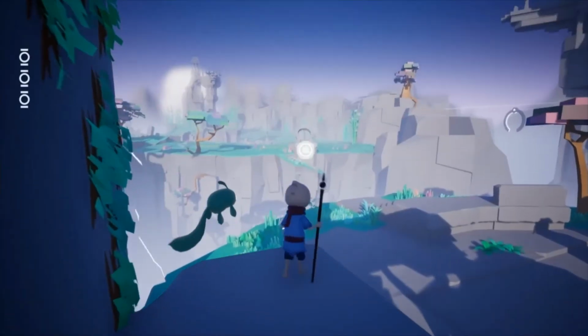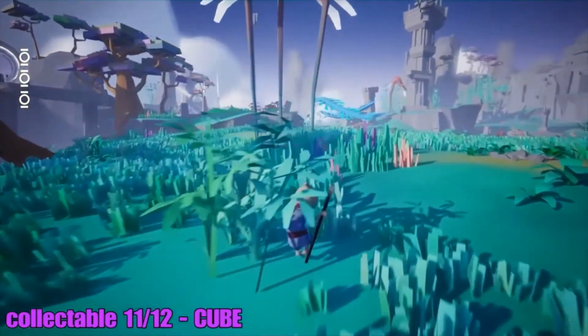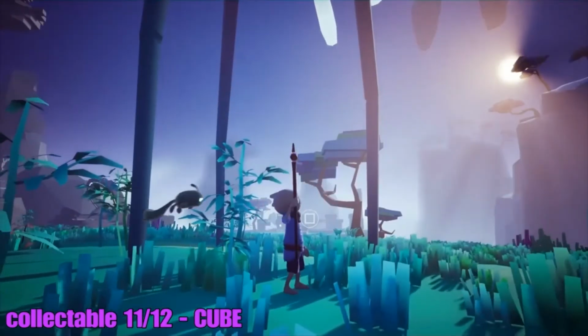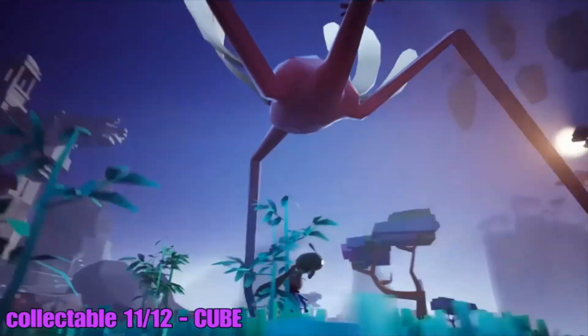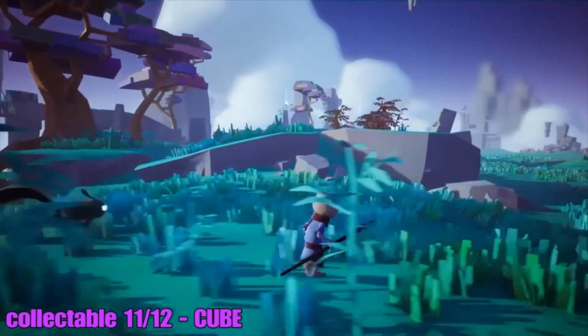Okay, so now teleport back over. Just 2 more collectibles to go. So for the 11th collectible we need a cube. So just stay up on this left hand edge. Get some more energy along the way if you like, because we still have to get that energy orb. So anyway, up on the left hand edge,